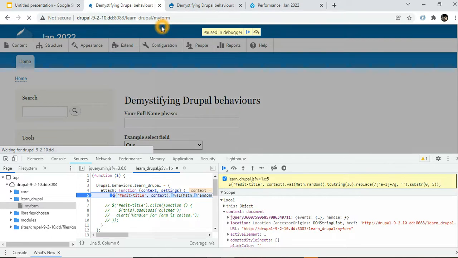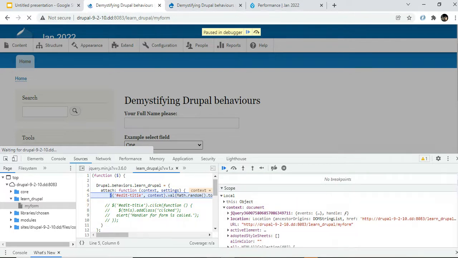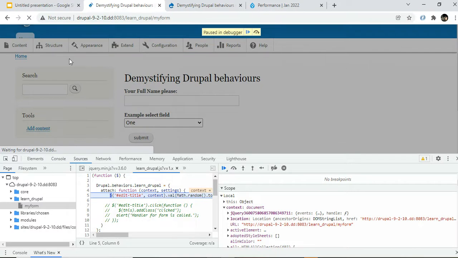So what context is, it's a piece of DOM that has been rendered before Drupal behaviors are involved, right? Now if I just remove this breakpoint and refresh this page,